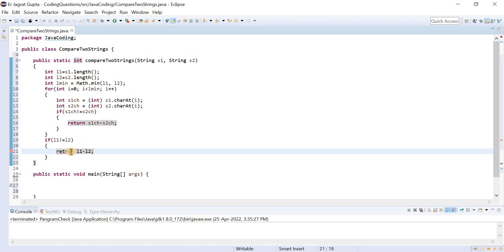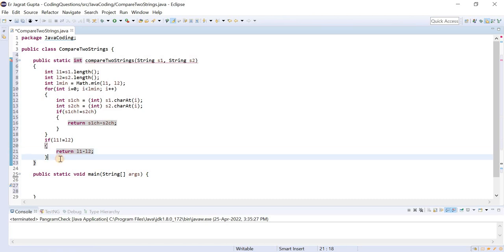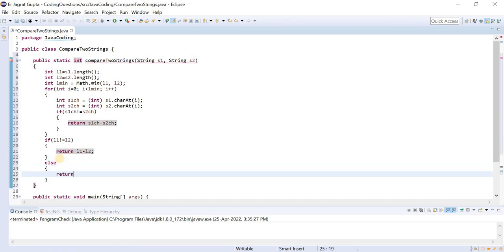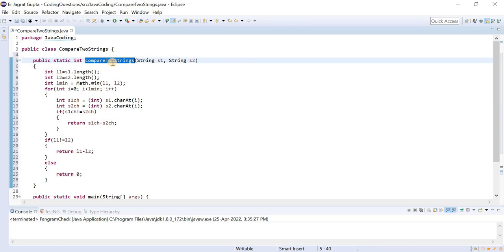And the last condition, else, we return 0. If it returns 0, then only we can say the strings are equal, otherwise the strings are not equal. So let's apply this and see whether it is working fine or not.